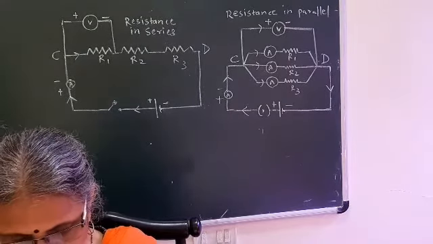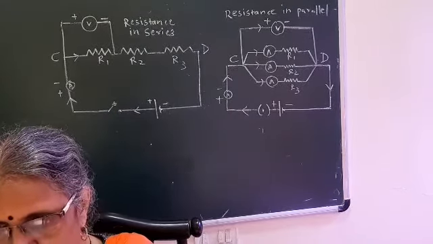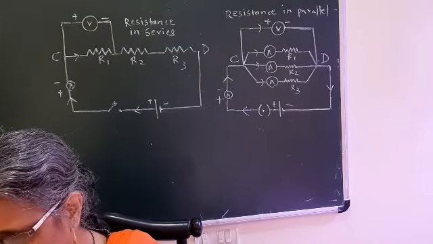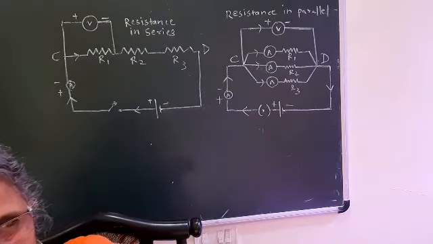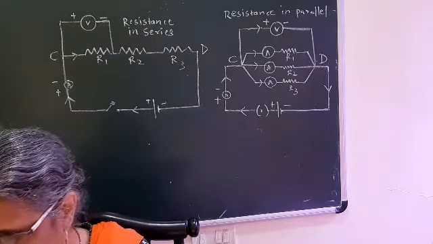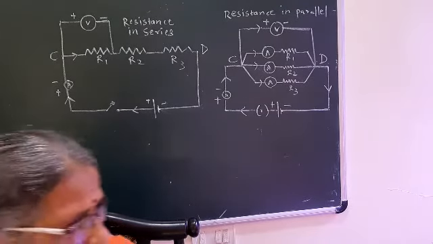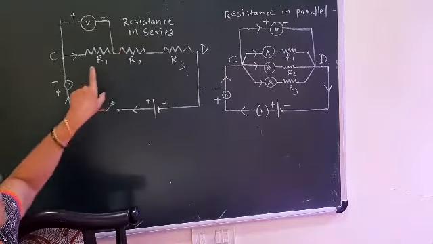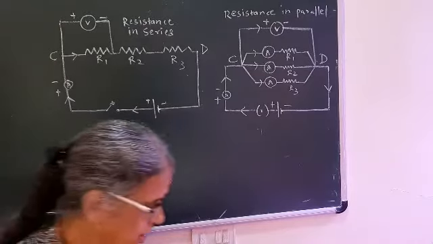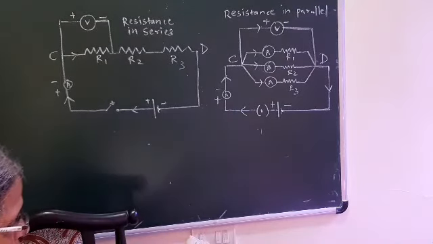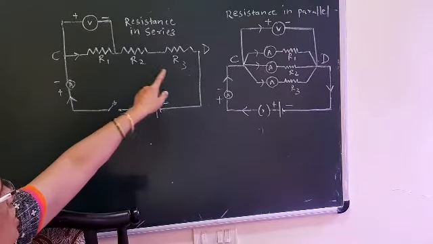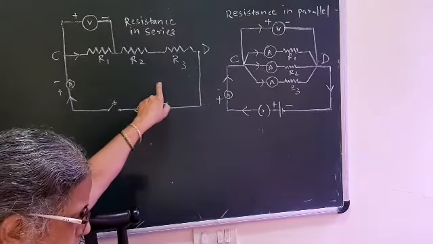Both these questions are very important. Out of them, one will definitely be asked, for 4 or 5 marks: draw the diagram and describe how to calculate the effective resistance when the resistances are connected in series or in parallel. The diagram is also easy. Whenever the resistances are connected end to end, one after the other in a single line, they are said to be connected in series. Such a combination is known as resistances in series.